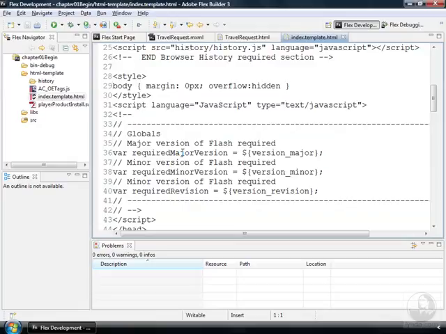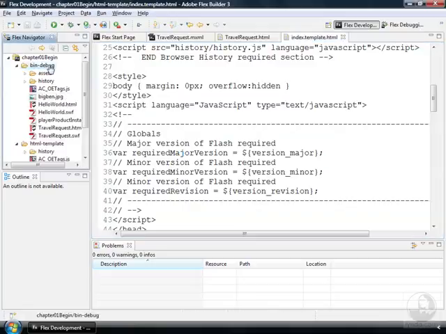The HTML template file contains the model, and then that model is implemented for each application in a generated version of the HTML wrapper that's placed in the bin debug directory. And finally, the SWF file, which is the compiled application, is placed in the same bin debug directory and is available for testing. At the end of this video series, I'll show you how to actually create what we call